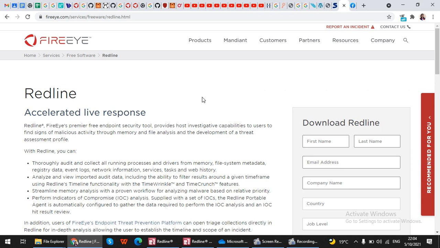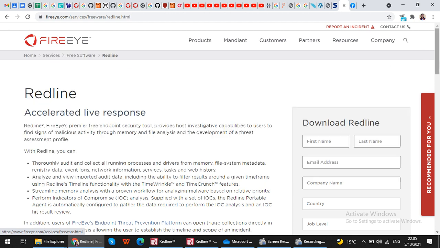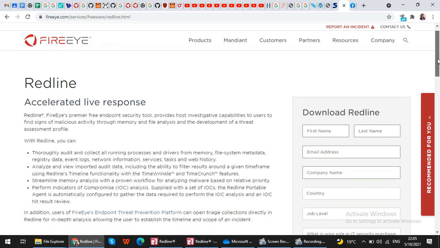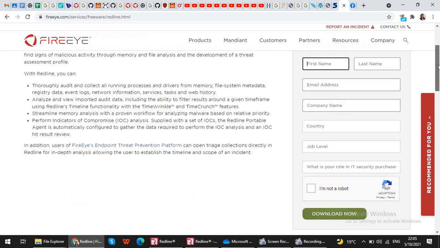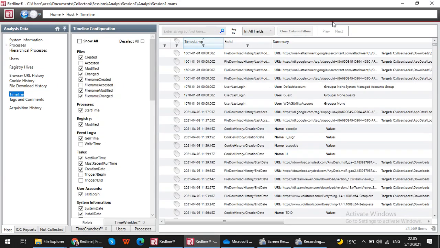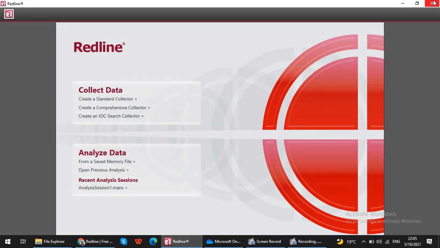So to get this tool, you go to the FireEye website, which is here. You go to resources, and under resources you go to free tools and apps, then free software downloads. Under free software downloads, that's where you find Redline. You then click Redline and fill in these required details and then download. As for me, I've already downloaded this Redline. So after downloading, you can